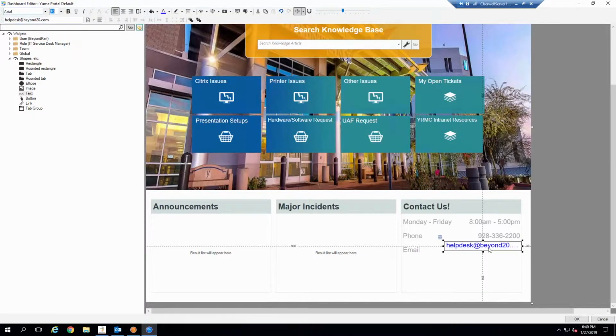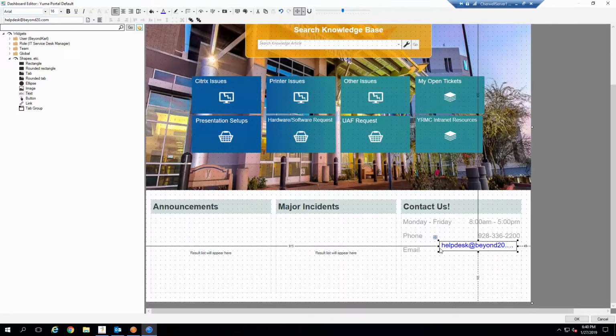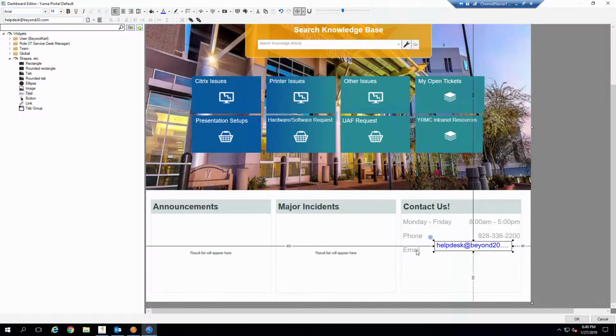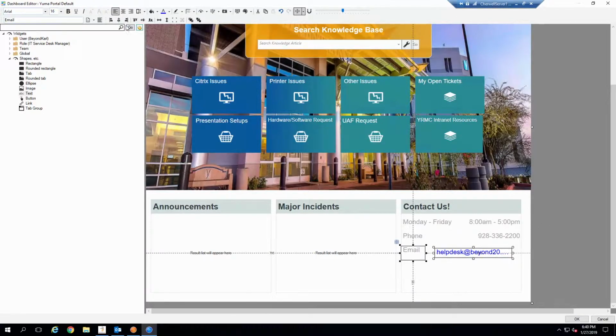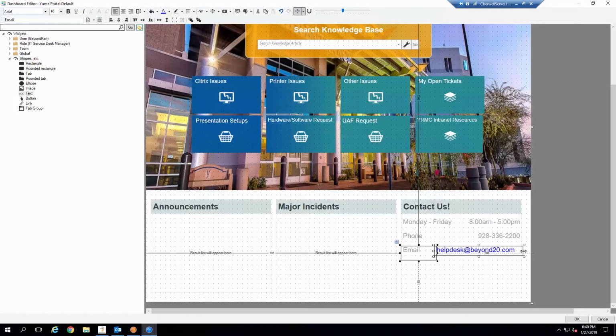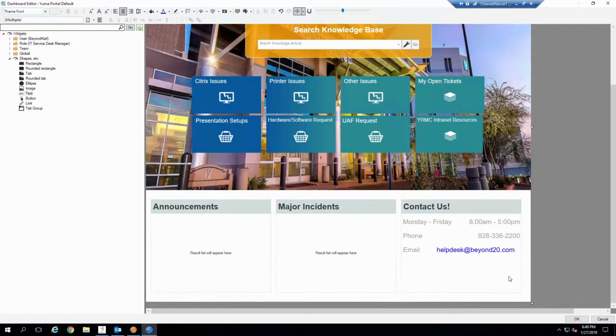And so at this point, we now have our text in place, and we'll align it with our label. And we'll make this a little bit wider so we can see the entire address. Okay, so now we have the actual text on our widget that we want to display, and now we want to add that functionality piece that actually will make it such that when your customer clicks on that text, it'll